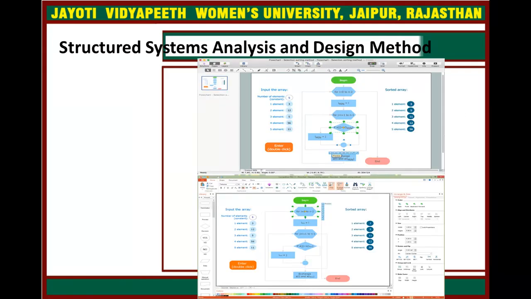Now see in this screenshot, this structured system analysis and design is automatically created. You can use it very easily.